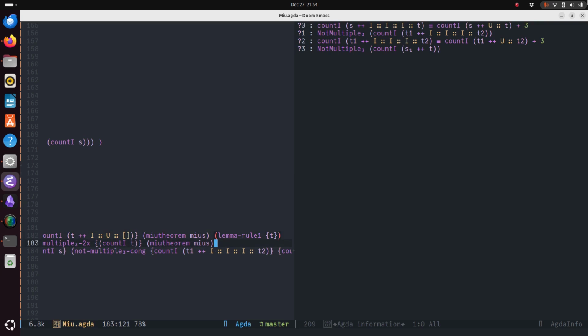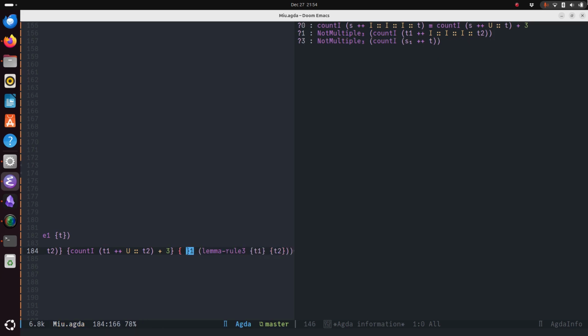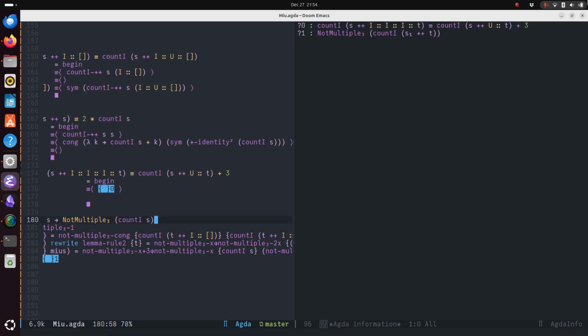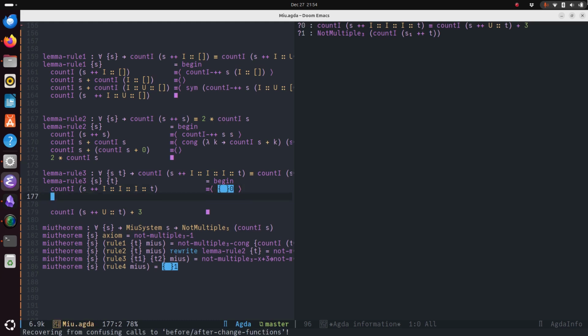Now if we apply the lemma here in the second argument on T1 and T2, Agda should automatically fill it for us. Yes. So if we prove this lemma 3, we have proved the theorem for rule 3. Now this we can again